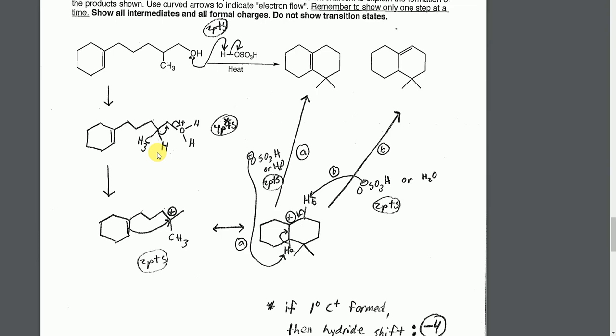But let's just see. Okay, so sadly, it wasn't that complicated of a mechanism. It would have been actually. I think people would have done better on it if it was more complicated and how it normally is that you see it. So the first step is, of course, a protonation of the H2O group. Okay, and you have a strong acid here, so this is going to get protonated because this pKa value is far lower than this pKa value, and so this is more basic, this is more acidic,